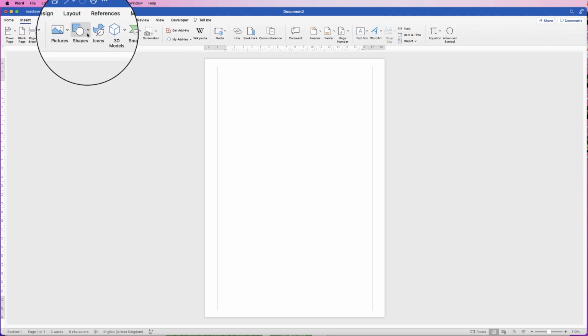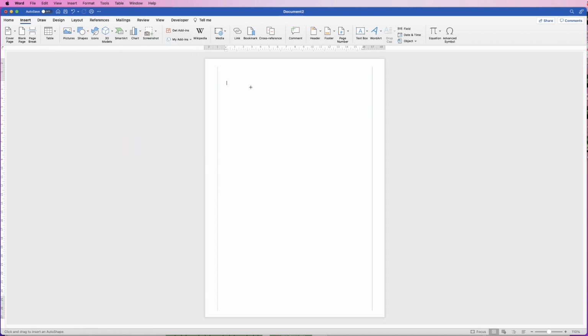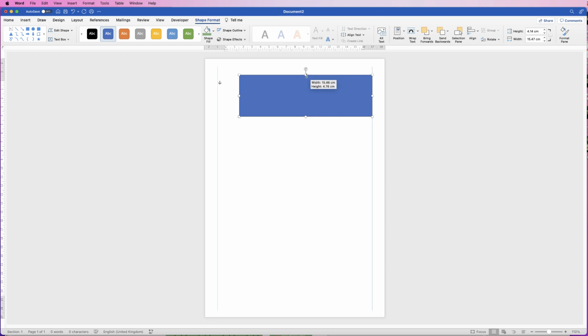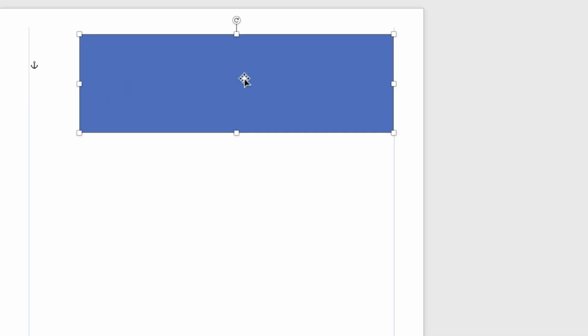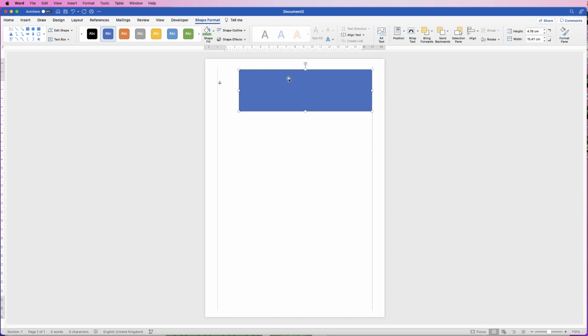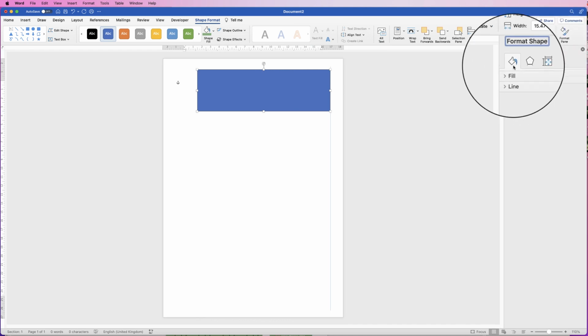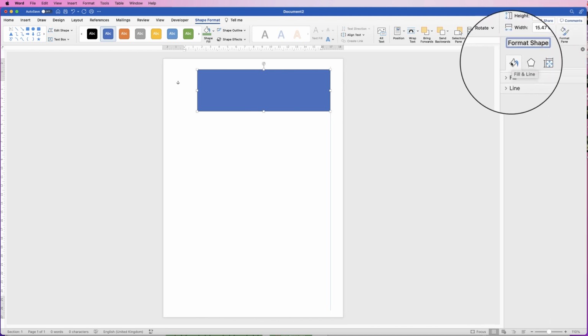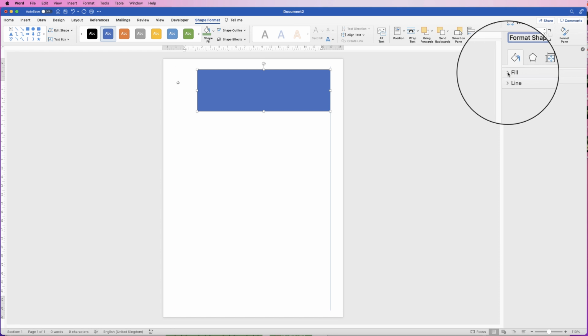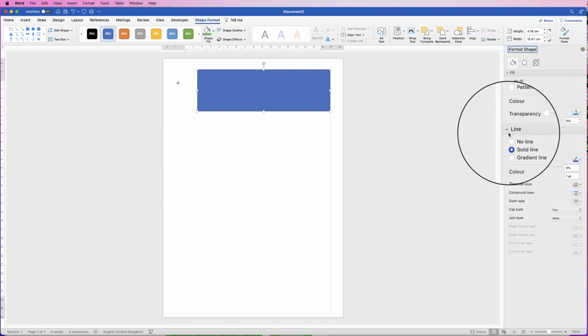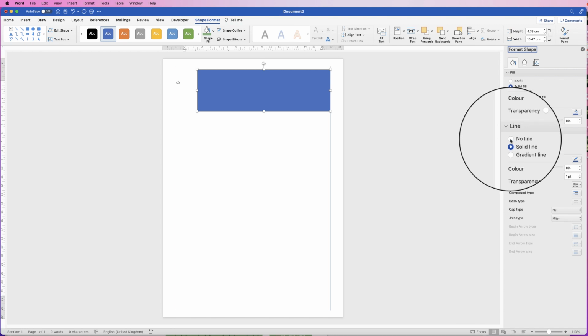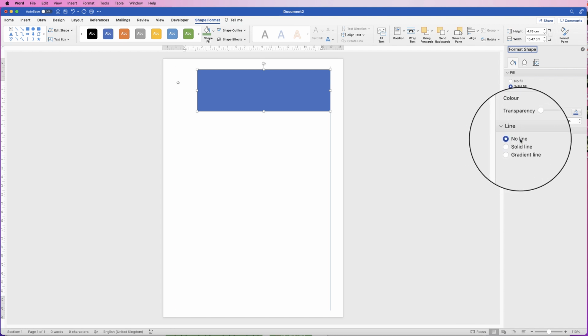So Insert, Shapes, and then I'm just going to use a rectangle and just simply click and drag out a rectangle. Now every time you insert a shape, there is a small outline and there is a fill colour. So we're going to do some customization to this. So select it, go to Shape Format, go over to Format Pane, and then on this icon here it says Fill and Line. Fill is your inside colour and line is your borderline. So for this we're just going to get rid of that borderline, so I'm going to select No Line,